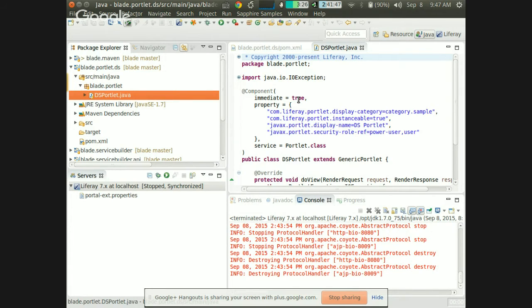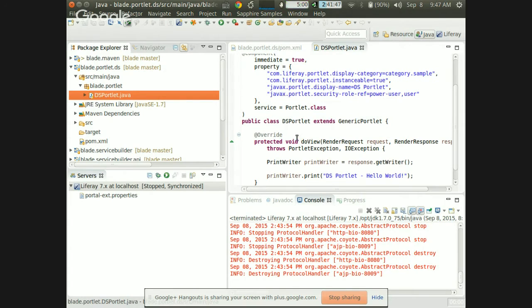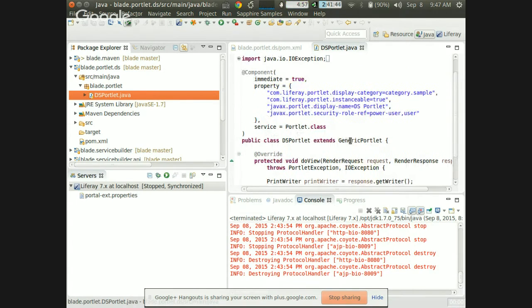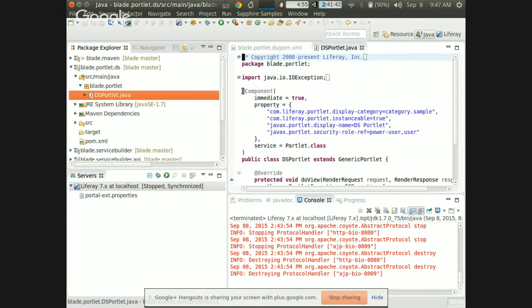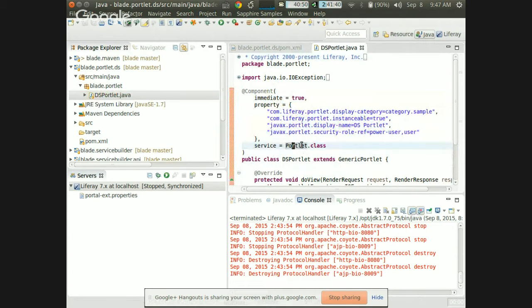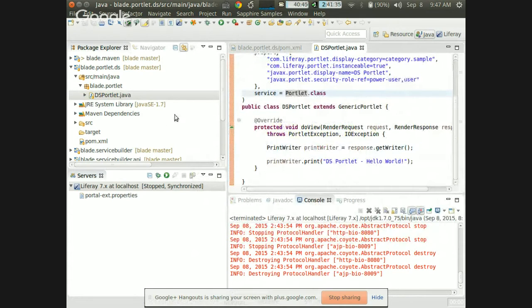It's similar to Spring Beans and how you would annotate a Spring Bean in your Spring XML file, but now you can do it all with annotations at build time, and these annotations don't even exist at runtime. They're simply build time annotations. And so here we can see that we have a new class that is going to be a portlet class, and we declare the component that it's going to be of service, a portlet service. I think Ray covered a lot of this in previous dev.life, but let me just cover the build,